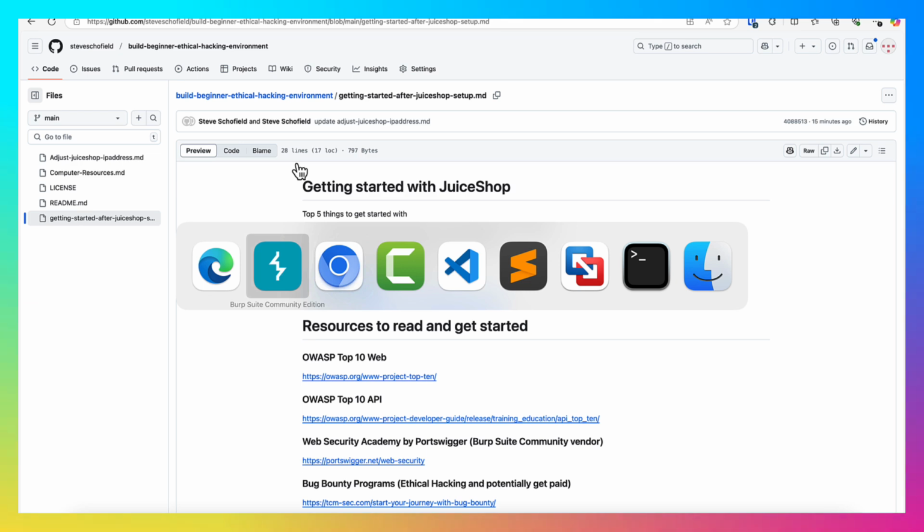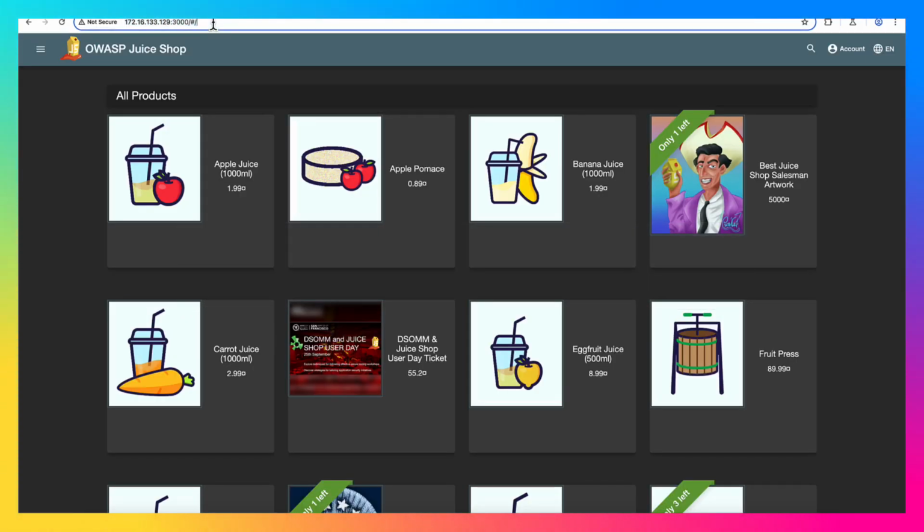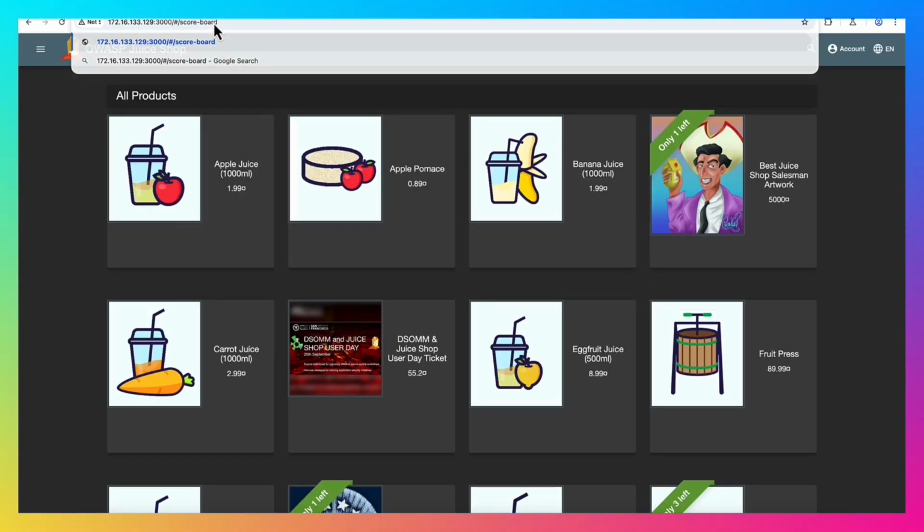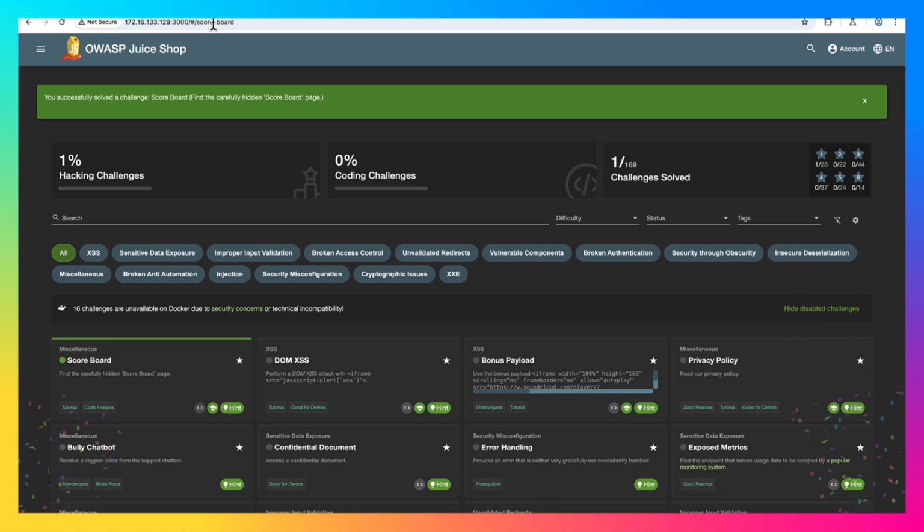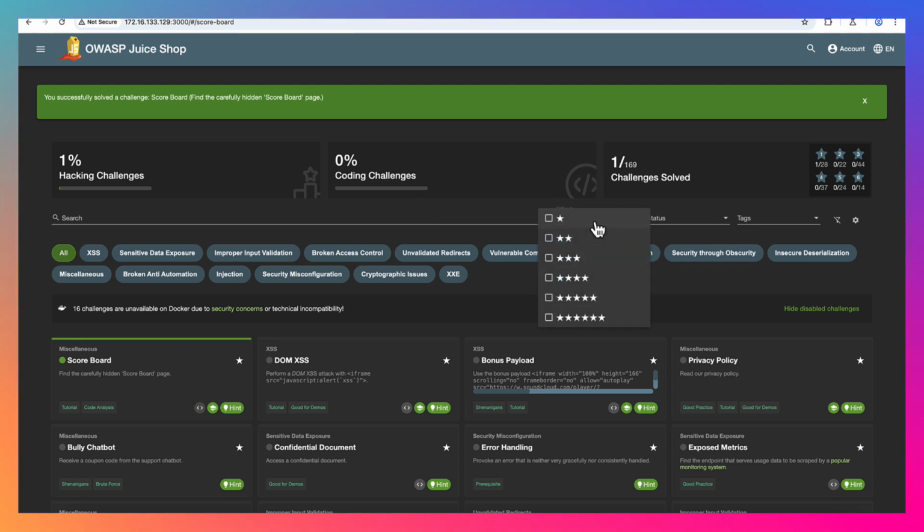So if I come back over to my Chromium browser and I type in, I think it's either score dashboard or score under. Okay, so it is score. If you typed in score dashboard, you'd notice that you've solved a challenge: scoreboard. So find the carefully hidden scoreboard page, which we did within Burp. So this is a dashboard that has all of the 169 challenges, and I recommend when you get started, come in here to the difficulty and just choose the level 1, and